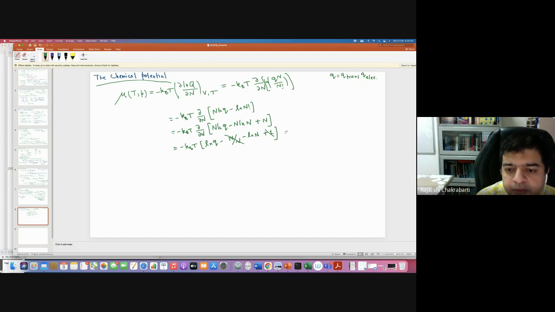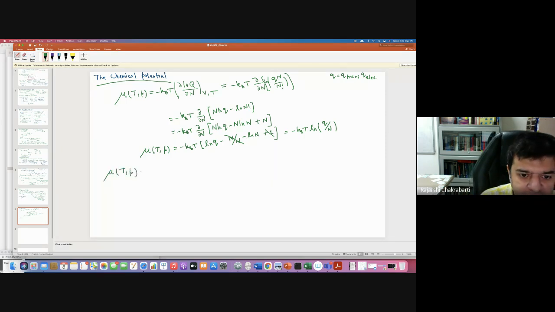So what I'm going to get is minus kBT ln of q by n. This is clear. This is not a very difficult thing to do. So this is mu at T and p. So I can write down now mu, if I write explicitly, it is going to be minus kBT ln